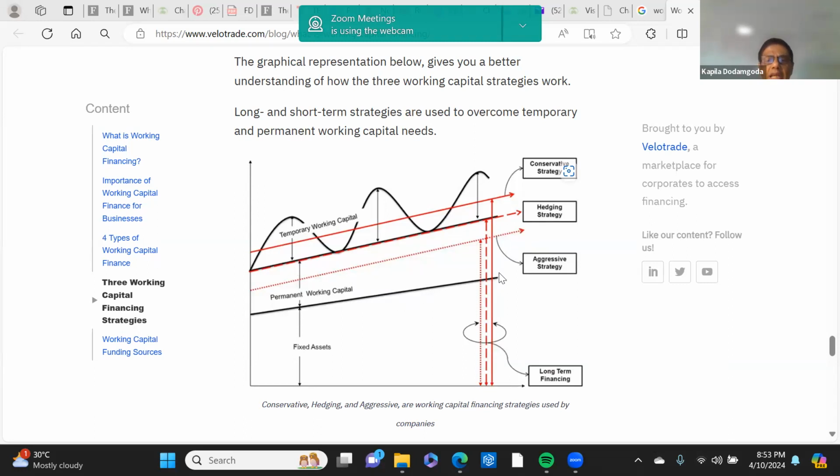And then this is basically your permanent working capital. Basically, it is the minimum amount, and when the business keeps on growing, the permanent working capital requirement also keeps on increasing. On the other hand, you may have temporary working capital, which is over and above this. What are the factors that will give rise to this wave? How can this wave arise?